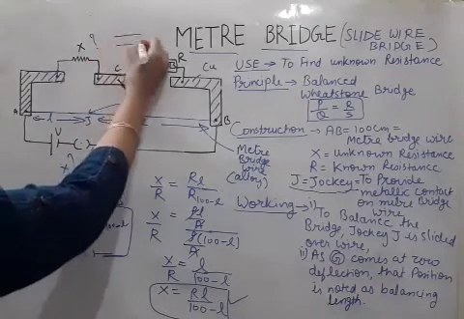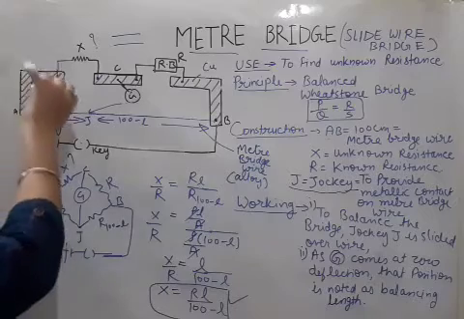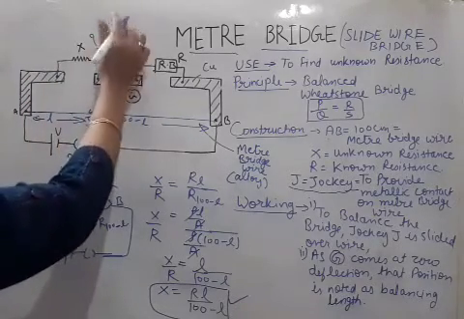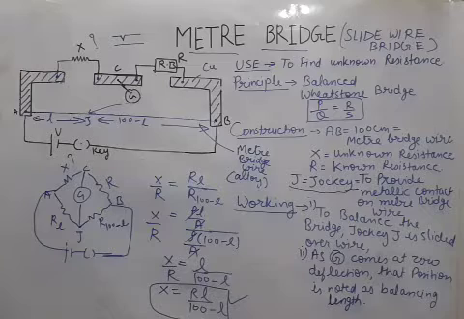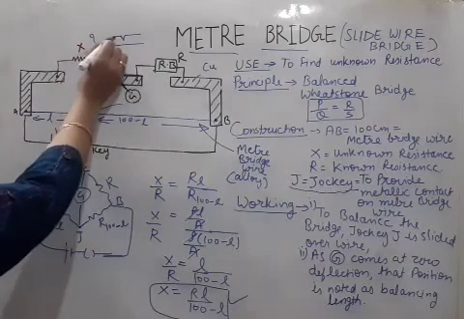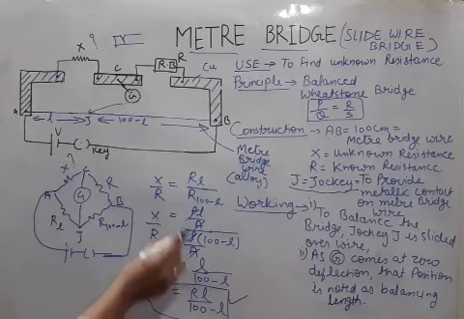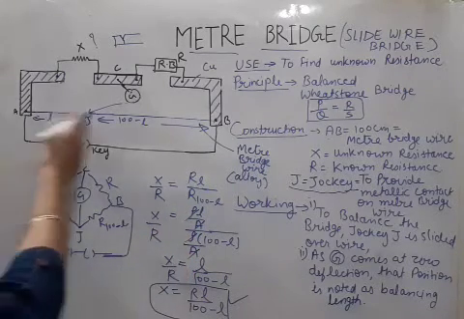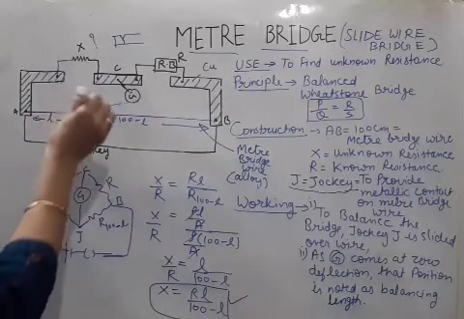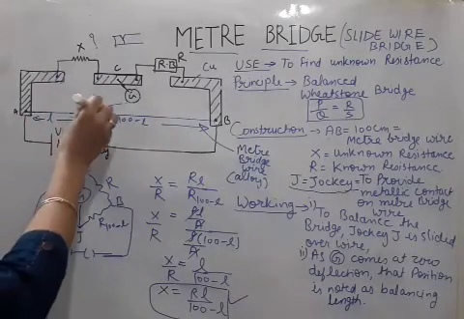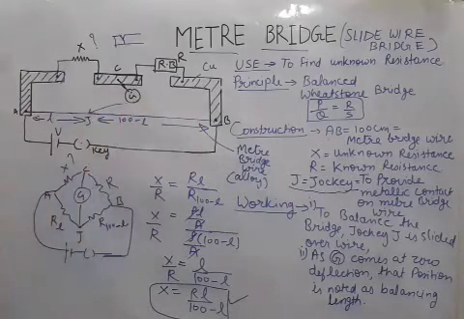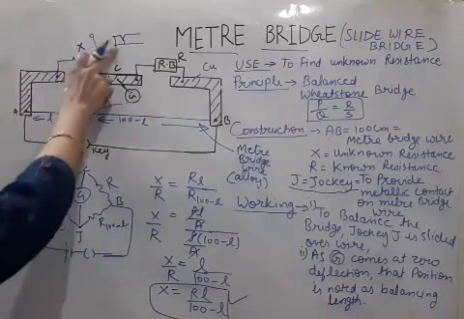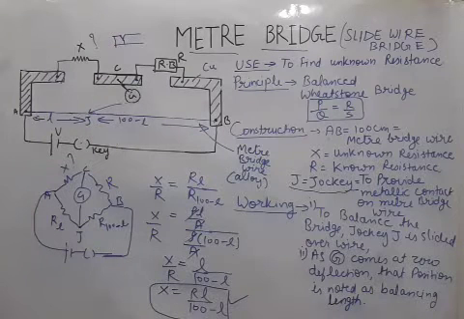So it's like this. If this is the wire, and we press the jockey hard on the wire, then the wire may get cut like this. So you can see that the area of cross section will not remain the same. This area will change. We want that area to be cancelled, so it should remain the same. So we should not press the jockey hard over the wire. Lightly we have to touch the jockey and we have to try at different points. So the first point is we should not press the jockey over the wire, because by doing so the area will get changed.